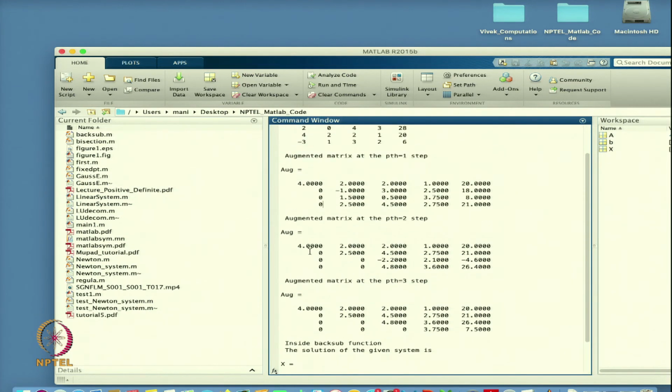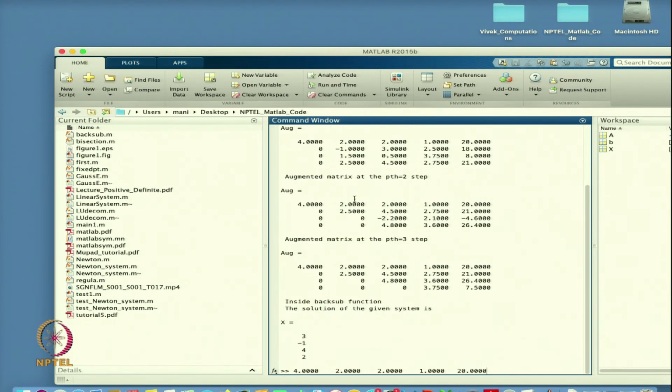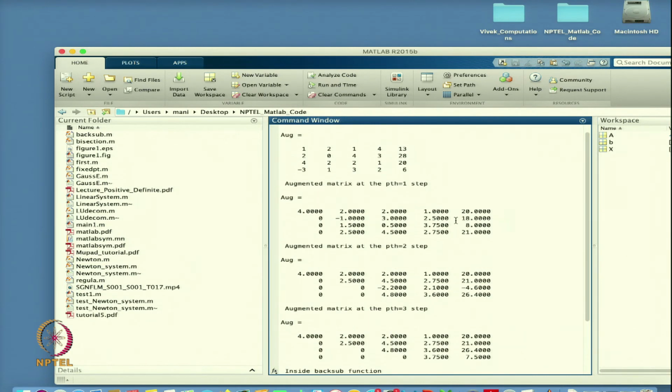After the second step, again you can see it is checking which is the largest value below. I will leave the first row now because that is over. Now, I will check the maximum element in the remaining elements of the second column.